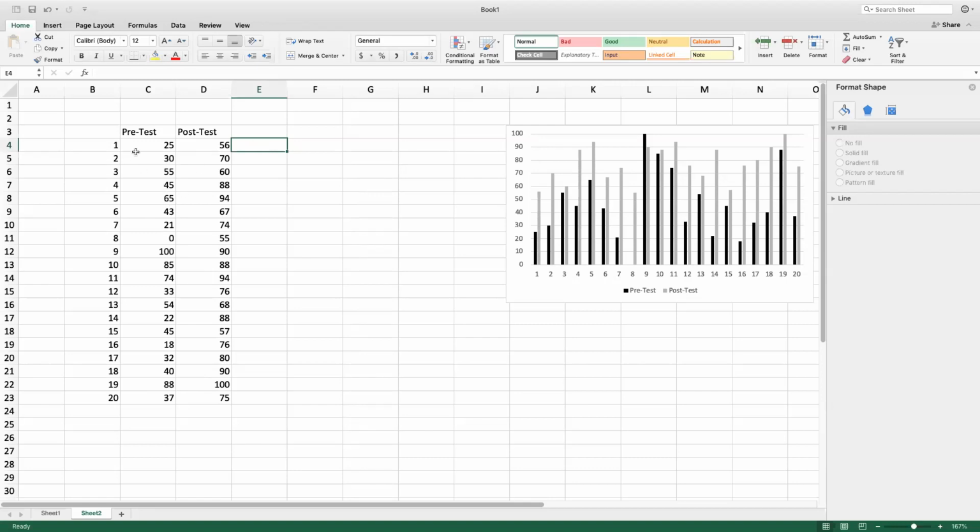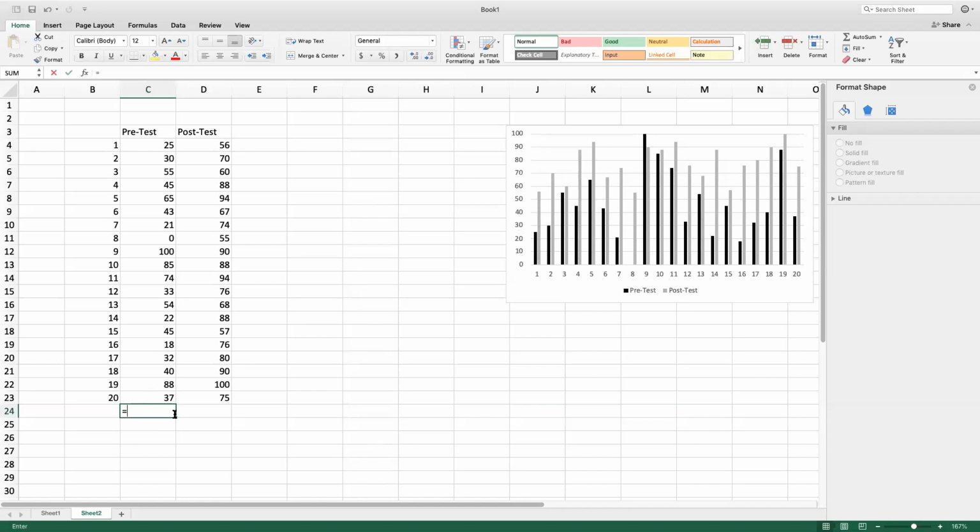So let's say we wanted to take this data set here and be able to get a little bit more information out of it. All right. Maybe I want to know what the average score was on my pre-test and the post-test. We all know how to calculate average. It wouldn't be very hard with a 20 person set, but at the bottom of this table,